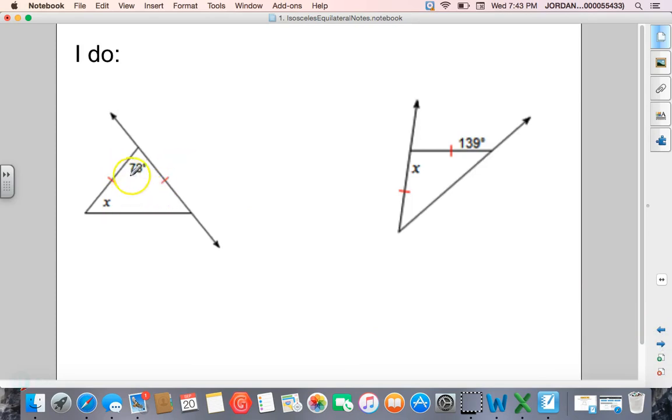So here's a little bit trickier. Right here you've got two sides that are the same, so the angles opposite must be the same. This angle is the same as this angle, so this one's also x. So then the three angles together must add up to 180. So you must have x plus